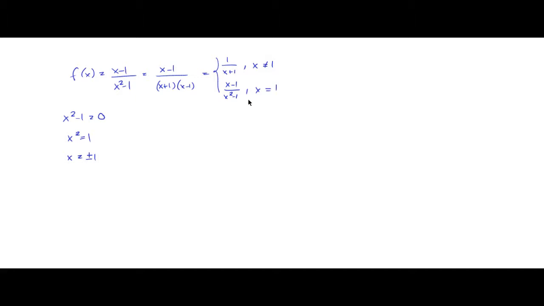Well, actually, when x is 1, it's not defined, so it's just like that. Okay? So we can say, sorry about that, we can rewrite it like this. This is 1 over x plus 1 when x is different than 1. So this is the inverse function 1 over x, but with the x shifted to the left. If you think about it for a second, you'll see that the vertical asymptote will be